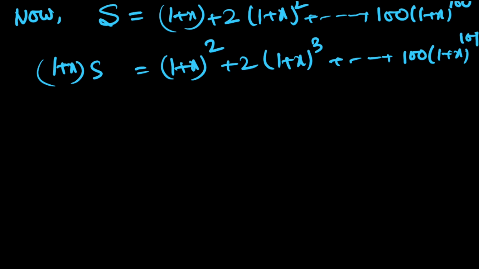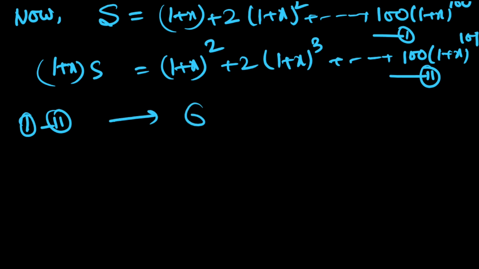Then we subtract these terms, denoted by 1 and 2. We subtract 1 minus 2 and we will get a GP series,